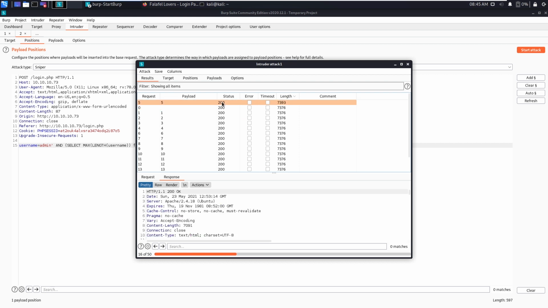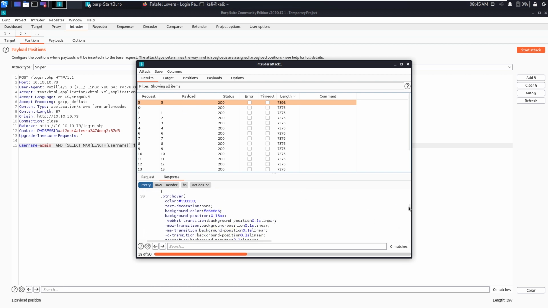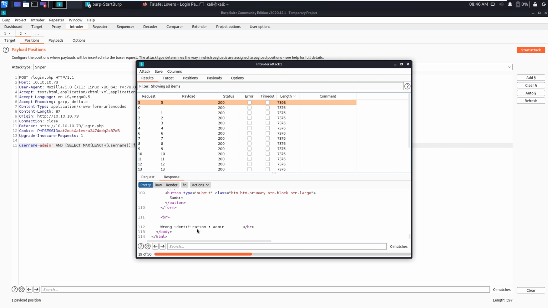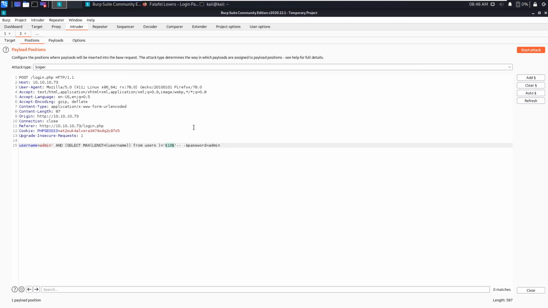Okay, 7393 for maximum of username. We can stop this one. You can see admin is the maximum, 5 characters. So maybe there is only one user, so that's fine.